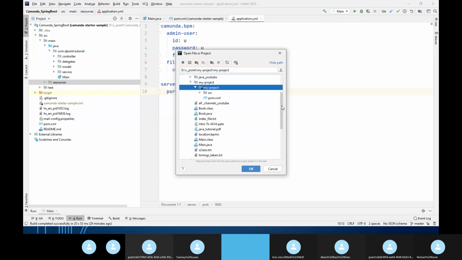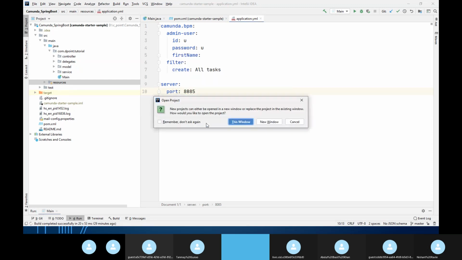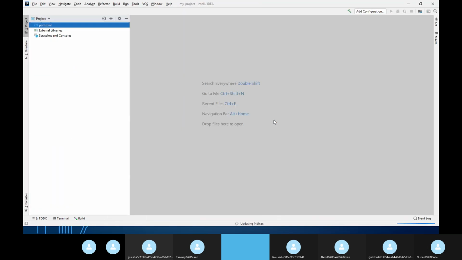So what you will open is, like I said in the morning, what is pom.xml? It is like a summary of the application. It has all the details like application name, the metadata, the group name, the libraries, the plugin, and everything. So I'll simply open that, and I'll say open as project. I want to open a new window, so I'll say open a new window. So this is what started, and this pom.xml is having everything, right?